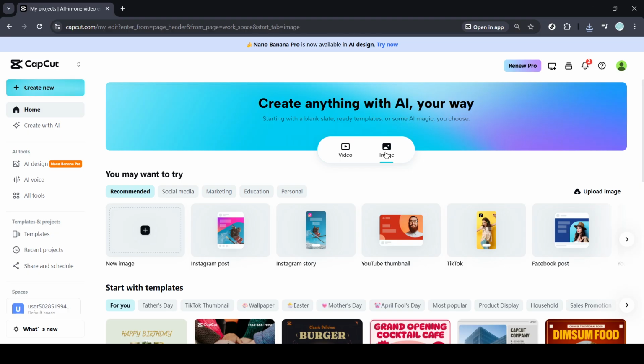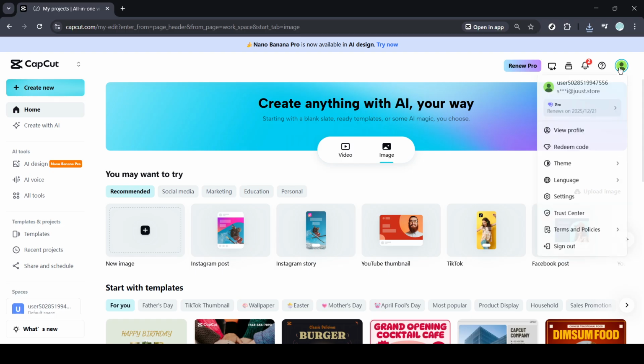Next, look to the upper right corner of your screen for your profile area. On desktop or web, this is usually your avatar or a small circle with your initial. On mobile, it may be a profile icon. Click or tap that profile area to open your account menu. This menu is where CapCut groups your personal settings, and it's the quickest way to access display preferences. If the profile icon is hidden, move your mouse to the top of the page or scroll slightly so the